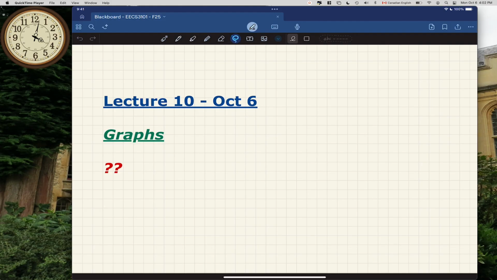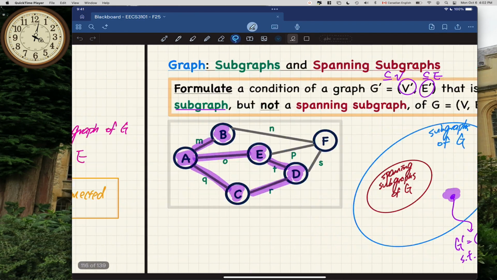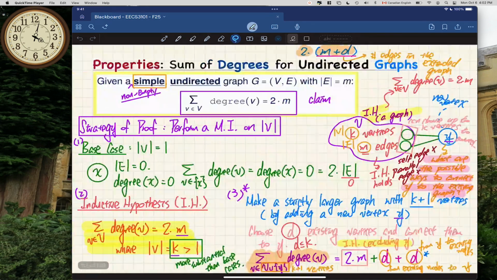Okay, so let's now recap what we said last time. Last time we introduced more terms about the graph, but we started with this inductive proof, mathematical induction. It's actually quite a bit of stuff over there, but let's just recap the critical steps you should really watch out for. Whenever you want to do mathematical induction,